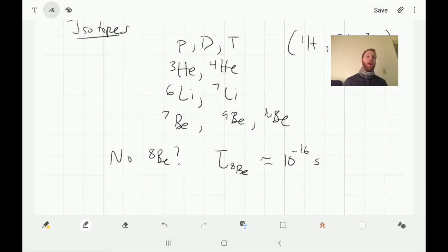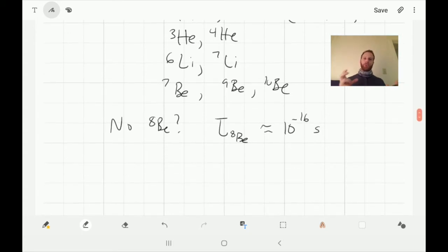One way to see why beryllium-8 is an unstable particle is that beryllium-8 looks like two helium-4 nuclei stuck together. Basically, beryllium-8 would much rather decay into two heliums plus some extra energy than stay the way it is. The way to understand that, though, is in terms of binding energy.